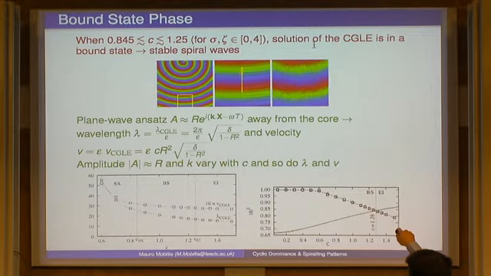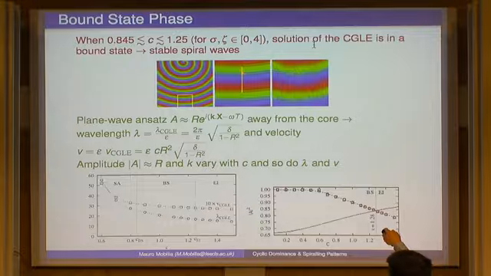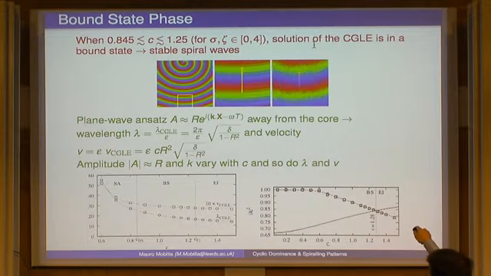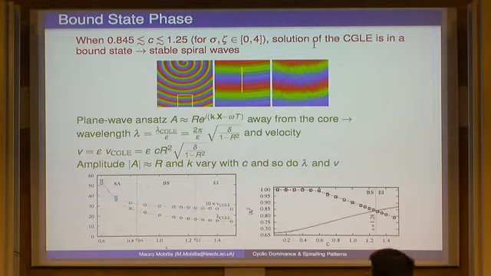And well, here in yellow you have the theoretical prediction, and you see there is a pretty good match with what we observe in the PDEs and also in the Lattice simulations here. So essentially, in the bound state phase, the analysis is pretty easy. We can just plug in a plane wave ansatz and obtain all the information from the